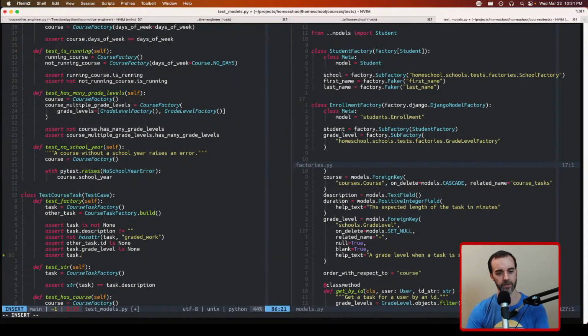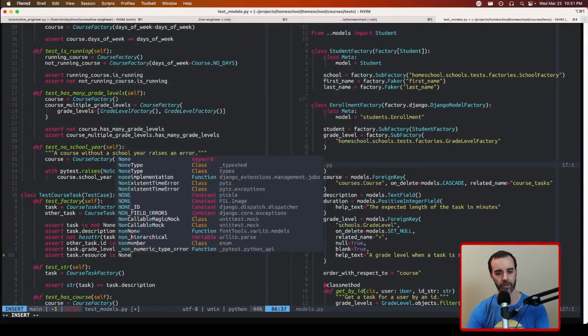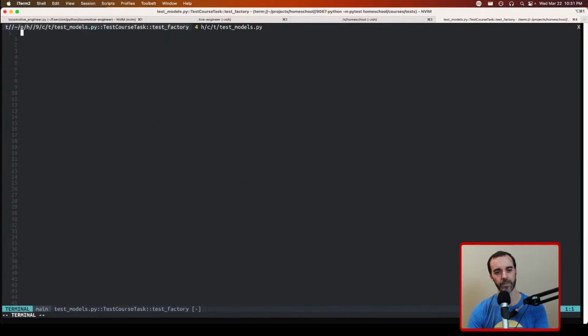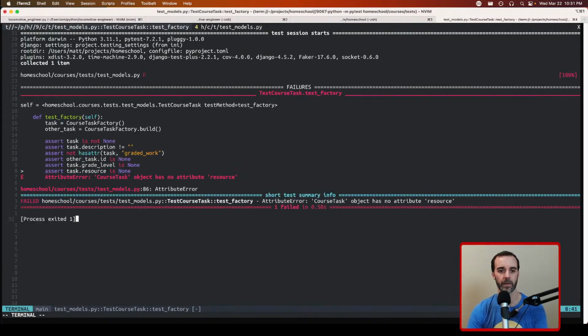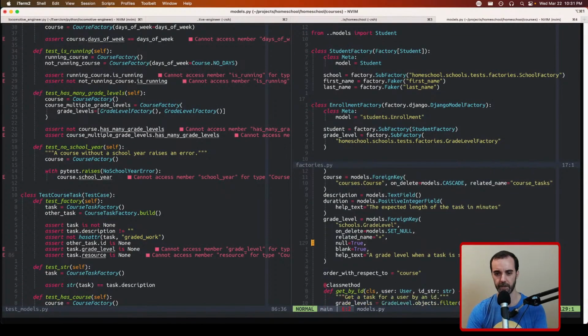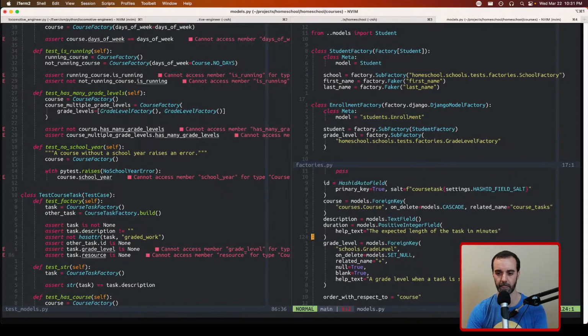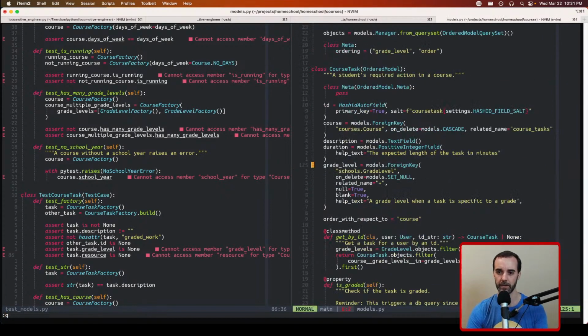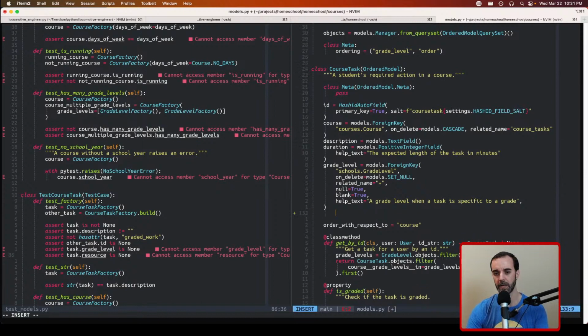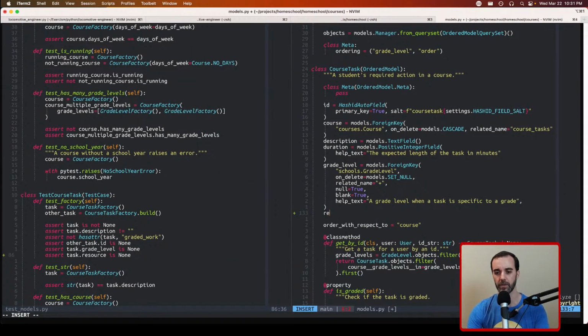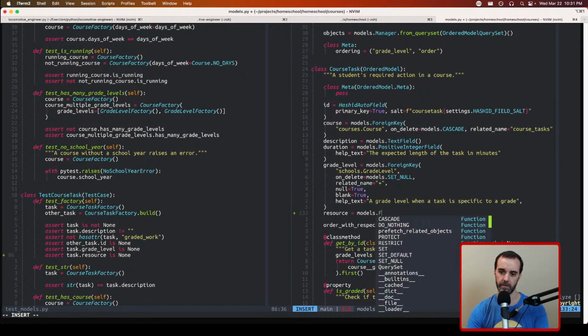So we want to call this resource, and in the default state, it's going to be none. No shocker there. So if we run this test, that's going to fail because we haven't created this yet. Course task object has no attribute resource. All right, time to set this. So here we are in the course task model, and we will do a new thing of resource and do models foreign key,